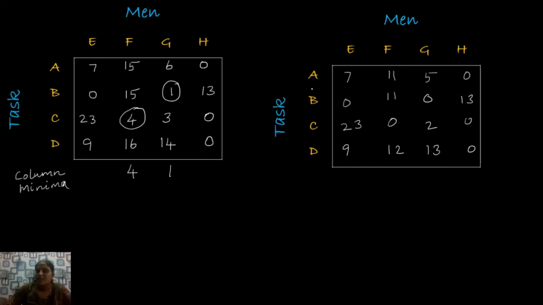For that, first let us count the number of zeros in each row. For the first row we have only 1 zero, second row we have 2 zeros, third row we have 2 zeros, and for the last row we have only 1 zero. So either we give the first assignment for the first row or the last row. Listen, we have to give the assignment for the minimum number of zeros first. If the row has the minimum number of zeros, we give an assignment for that first, then we go to the next assignment.